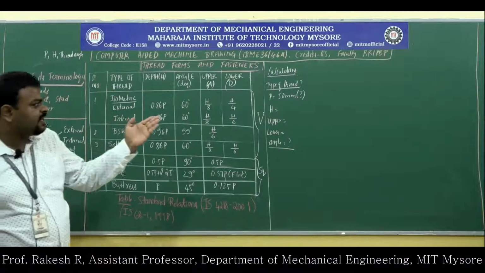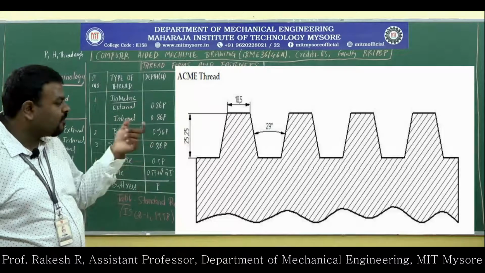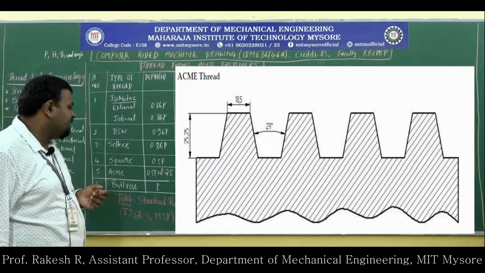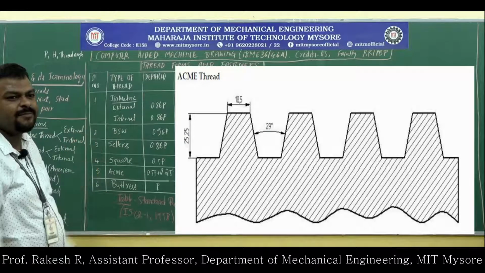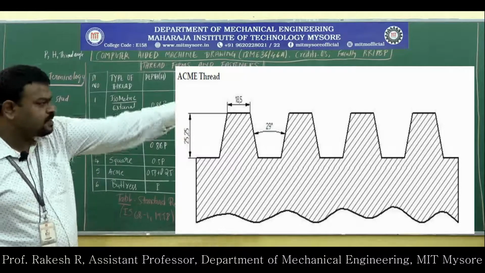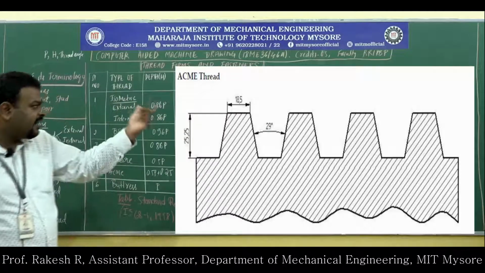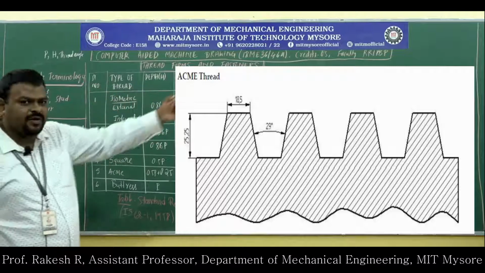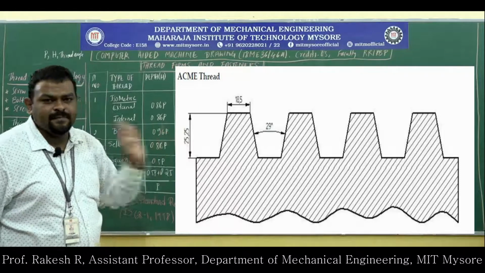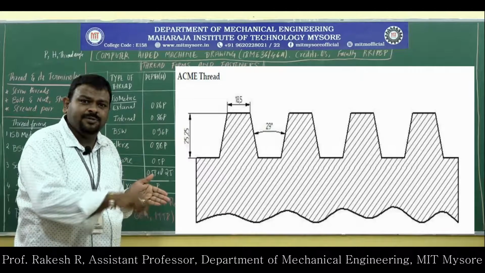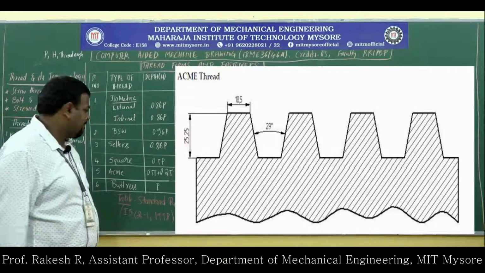Then Acme thread, see here, this is Acme thread. It is also analogous to square thread, but the included angle is 29 degree, and again the correlations are different. It is a type of square thread, looking almost like a trapezium shape. Again, 3 profiles you have to show: pitch, depth of cut, naming, very important, and addendum and dedendum, upper and lower mentioned. All the dimensions are in mm, so you need not write them in the sketchbook, because the sketchbook grid itself has that specification, very important.